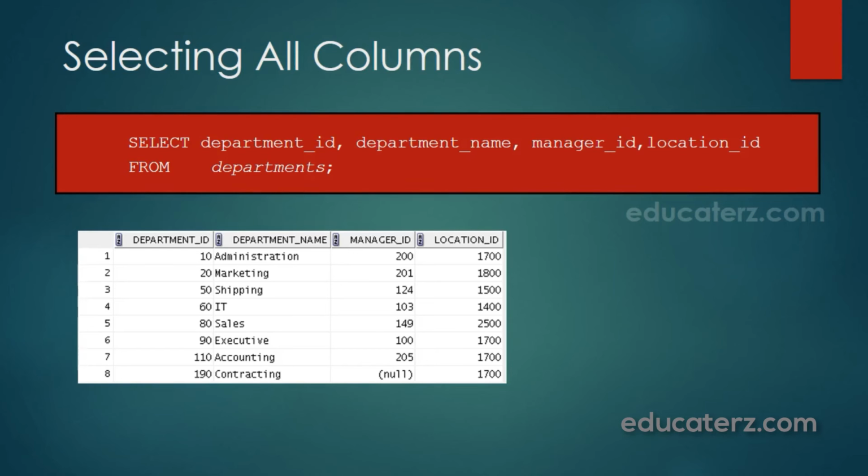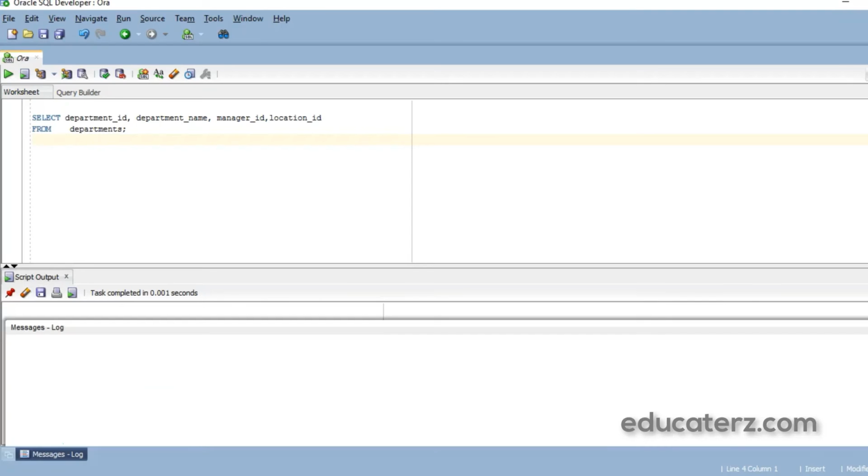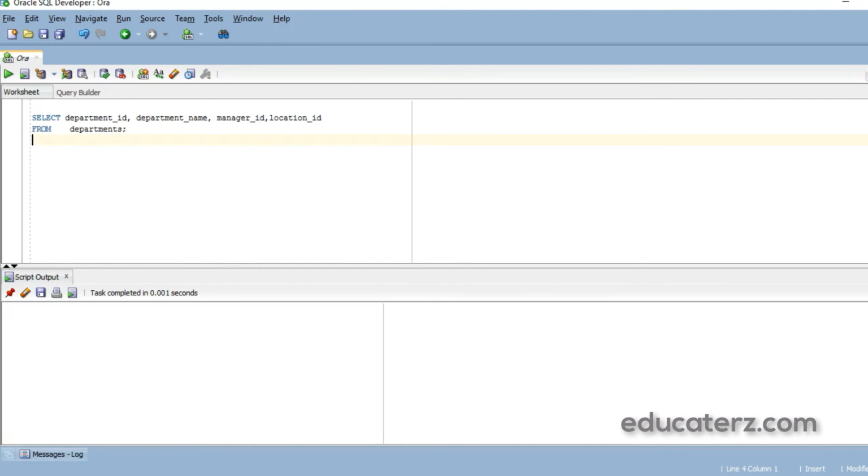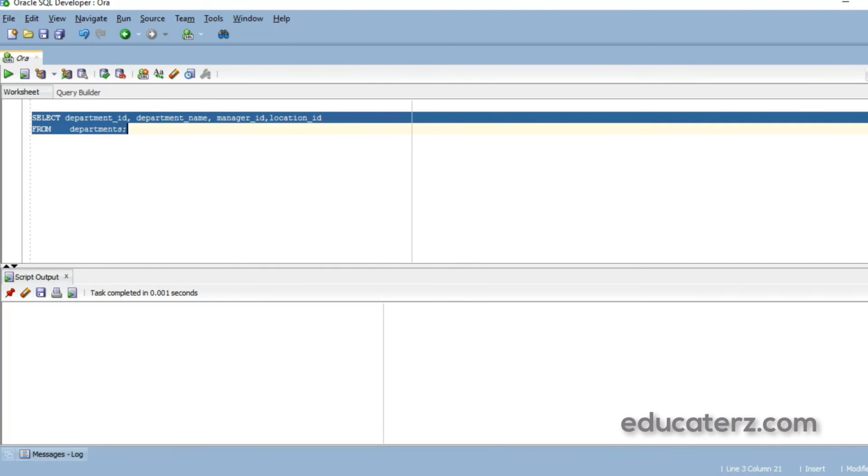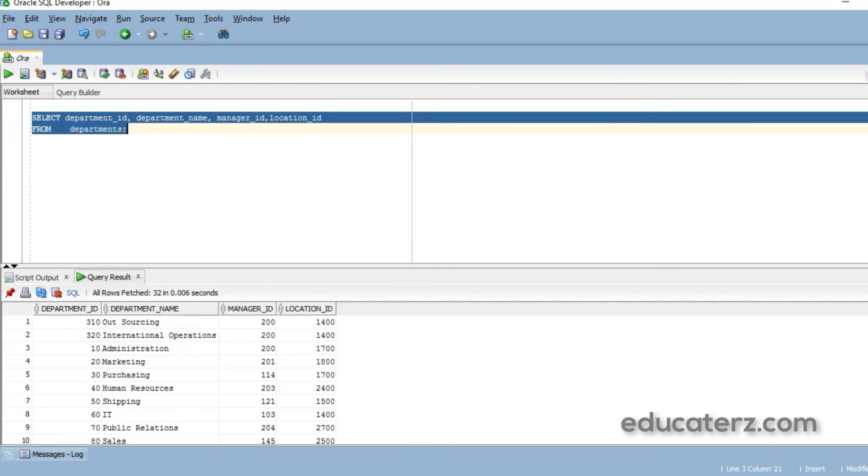I will execute this query in SQL Developer and show you the result. The query is written in SQL Developer, and in order to execute it, I will just highlight it and click on the run statement button, and I will get the results. The result window is shown here at the bottom.